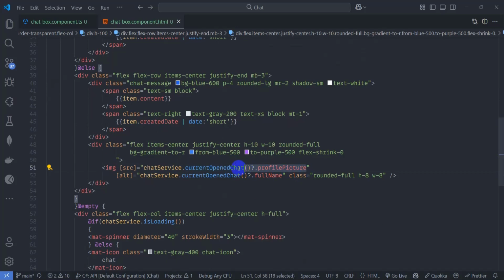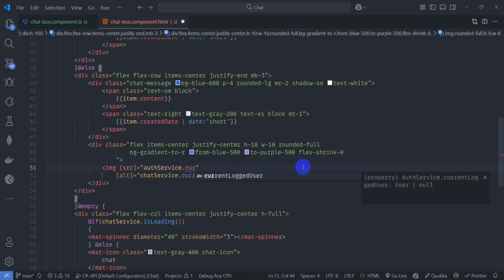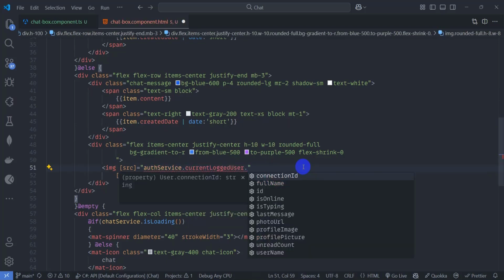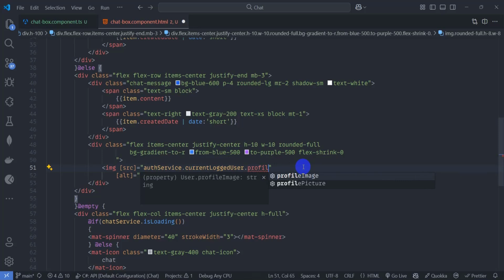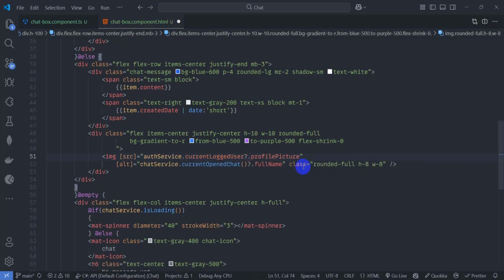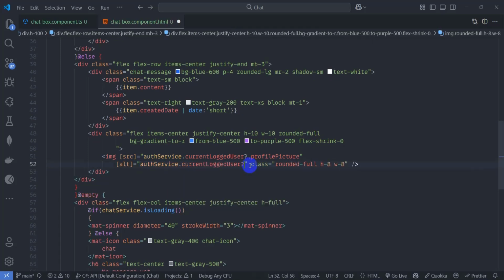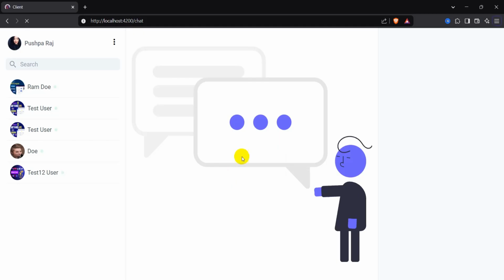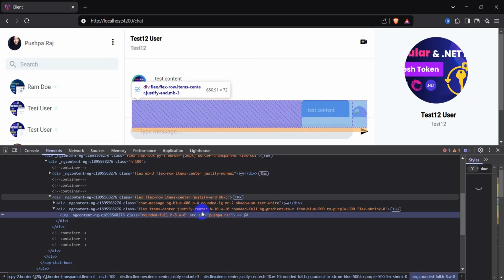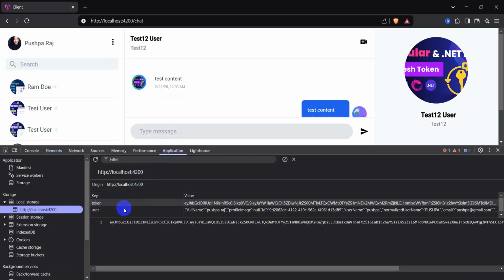Let's remove this one, authService.currentLoggedInUser.profilePicture, and here remove this one and add authService.currentLoginUser.fullName. Save it, go to browser, and let's click this one. We don't have current user profile pictures,